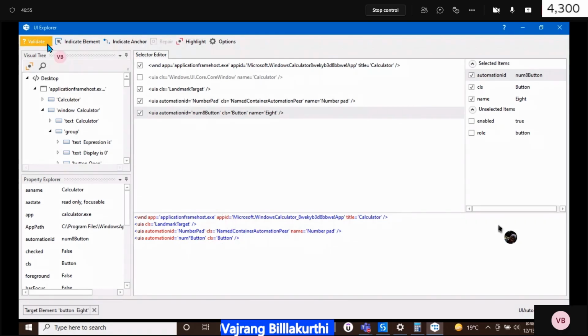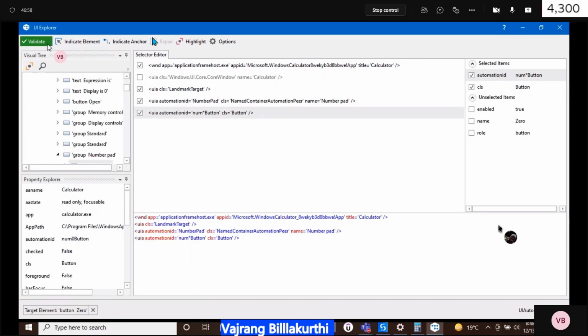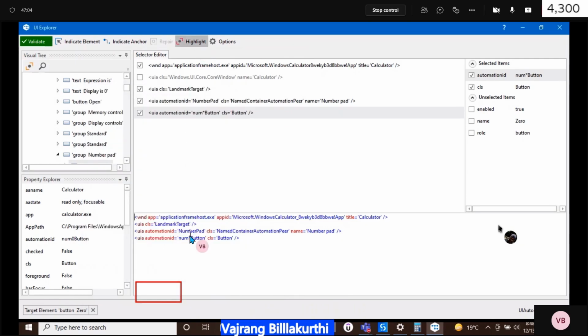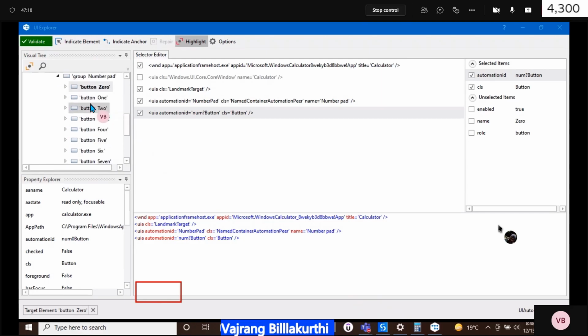If you keep a star, let's validate whether it's validating or not. It's validating and highlighting 0. So it is taking the first element that it validates. Let's also keep a question mark. Validate. Even this is validating, getting 0. By default you have 0 in the beginning on this screen. But if you want to have 6, how will you get it? Will adding a star or question mark give you the correct result? No. Now, did you understand why we are doing this? Yes.